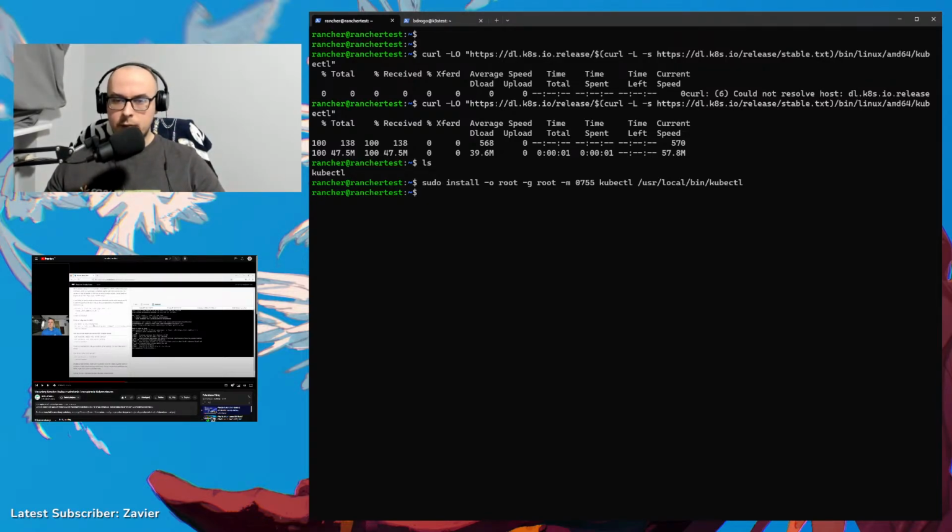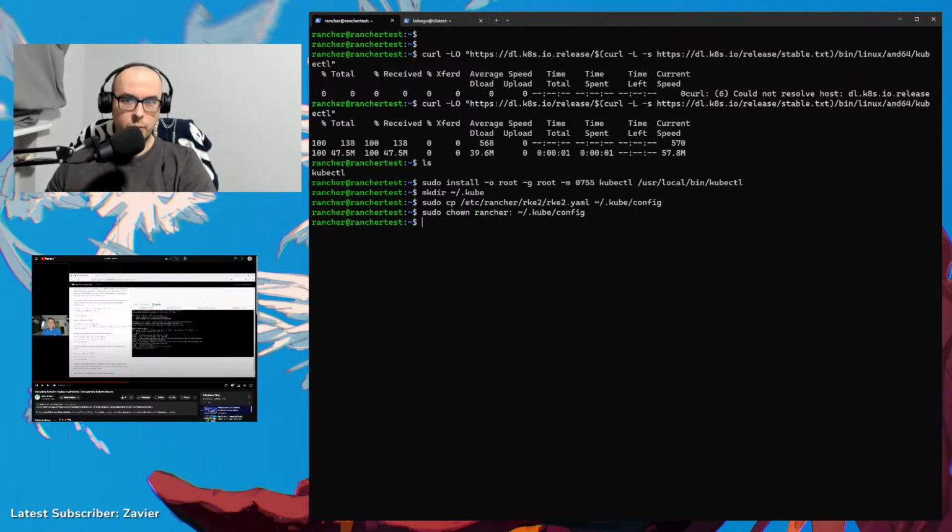Okay, after it's within our path, we still need to create the .kube directory within our home, and then we need to copy the RKE2 YAML file to our directory and call it config. So we'll do just that. And we also need to change the ownership because I think it has root ownership by default. So we are changing the owner and group. And just to verify that everything works and that kubectl can connect to our RKE2 cluster, we are telling kubectl to get nodes. And you can see that we have our node ready, what version this is, and what roles this node has. So everything works now